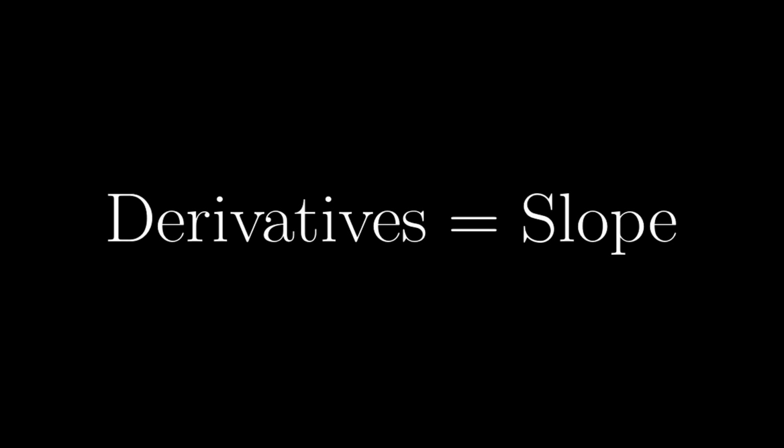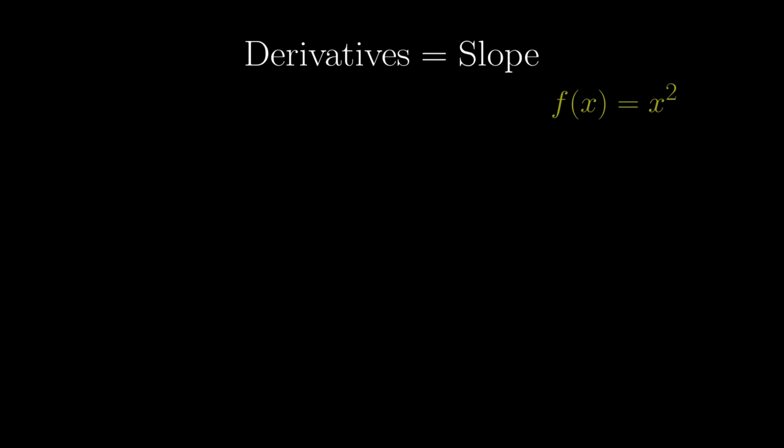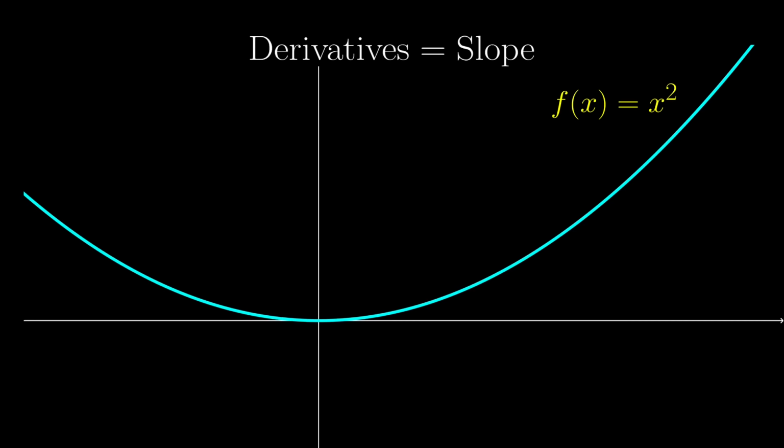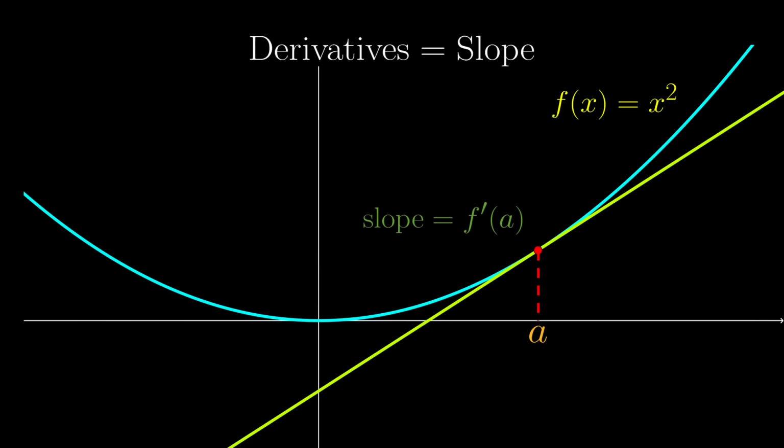Derivatives. When we first learned this concept, it is most likely synonymous with slopes. More precisely, if we have a function f of x, we can plot the graph in our usual coordinate plane. The derivative of f at a is then the slope of the tangent at the associated point. This is a good intuition of derivatives, or is it?